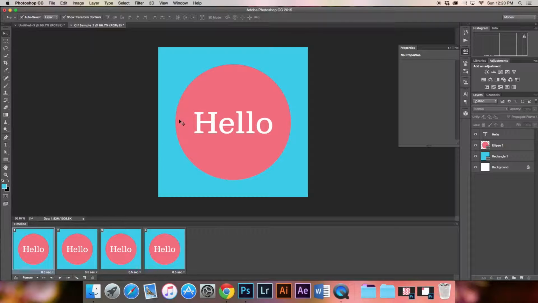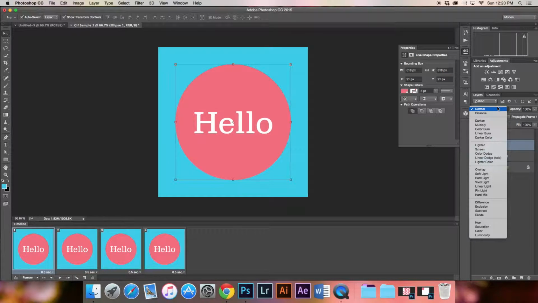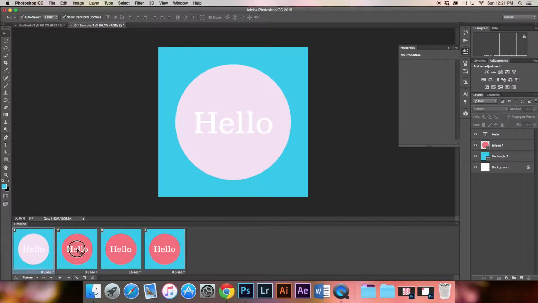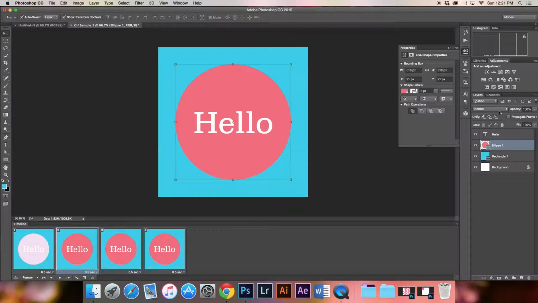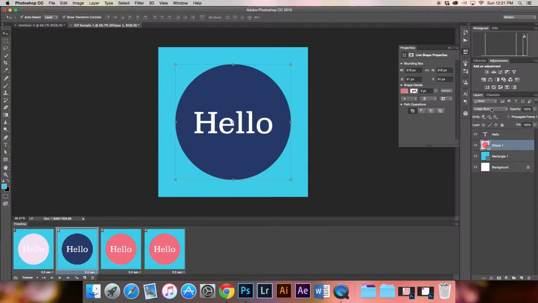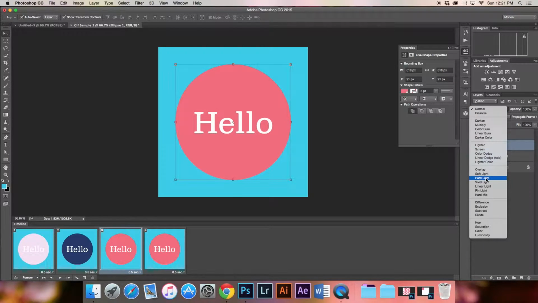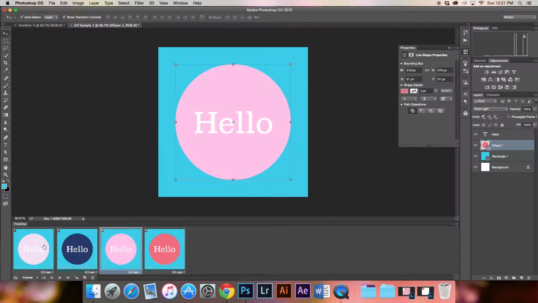So now if I wanted the pink to blend with that blue, I could go over here to the blending mode options and start clicking these different options. So you'll notice that right now it is retaining that blending mode, and then this one it's back to normal. And so I could change the blending mode here. And each one of these will work.